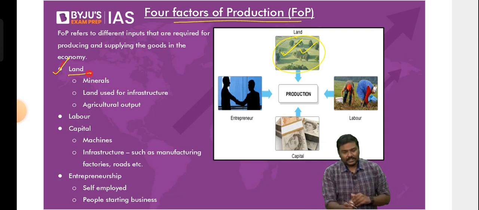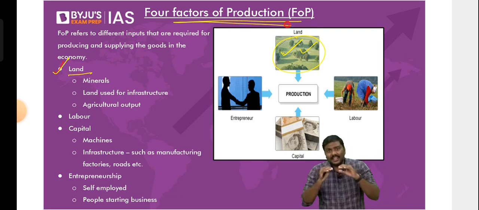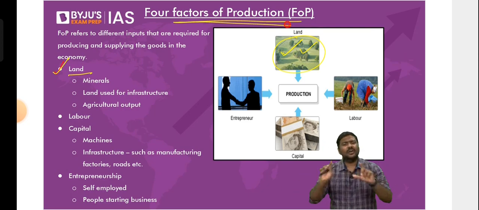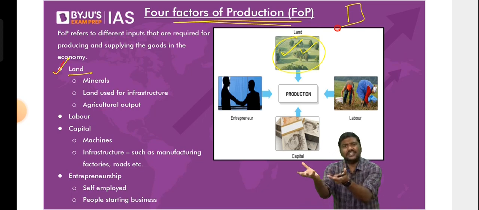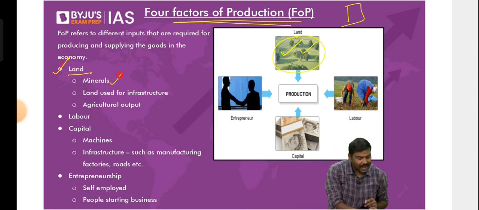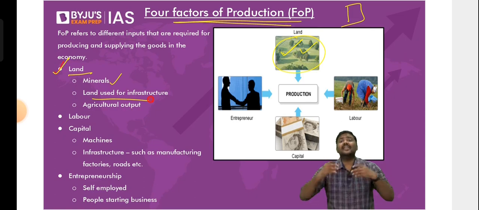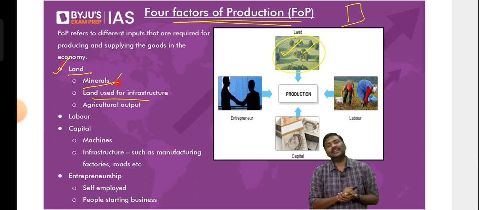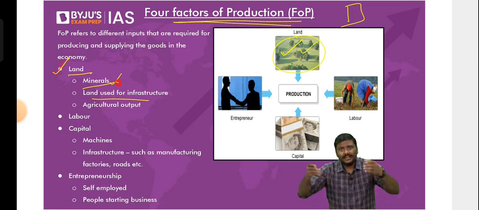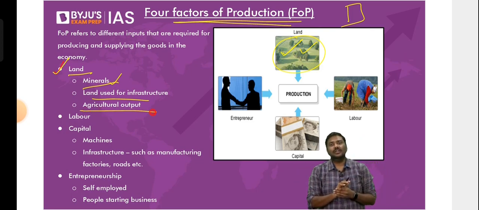What do you mean by land? When I talk about factors of production, the idea of land is anything that is available to you naturally. For example, a piece of earth is available naturally. You're not manufacturing a piece of earth. It is already there. That will be part of land itself. The mineral resources, such as iron ore or any other minerals available naturally, will be counted as part of the land itself. And the agriculture production that you do is natural production, and that is part of the land itself.